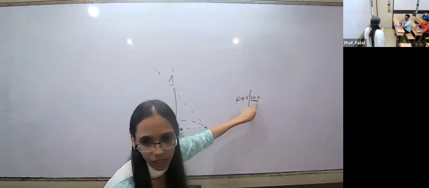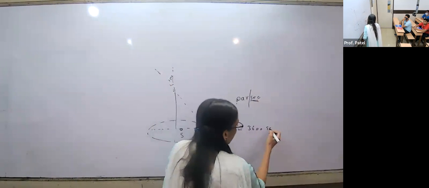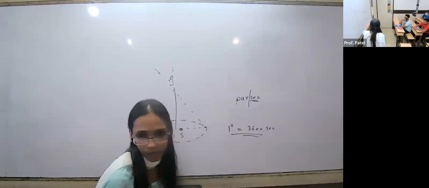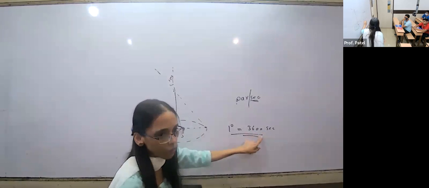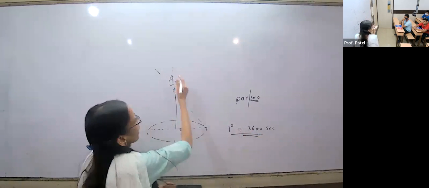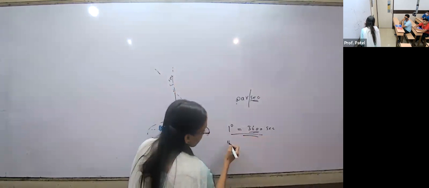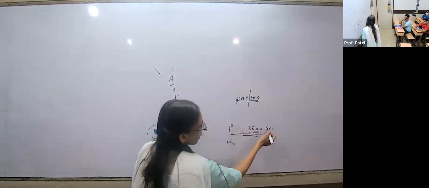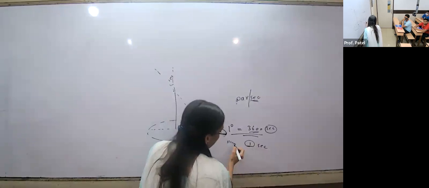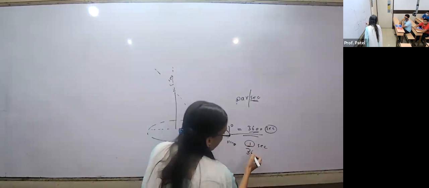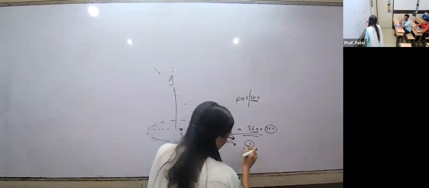In angle also, 1 degree is equal to 3600 seconds. We even did this part, if you remember. But this second is not the time second, although it has 3600 only. This 1 degree angle which we see in our protractor, if you break it into 3600 parts, then one of those parts will be your 1 second. So 1 second will be equal to 1 over 3600